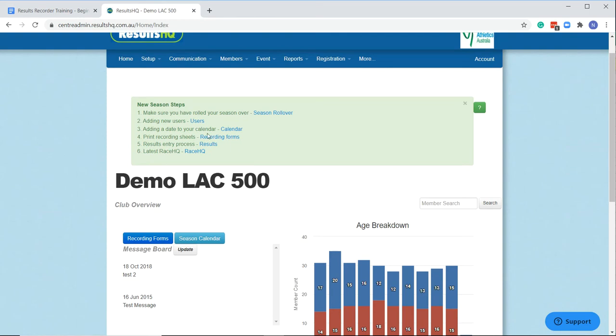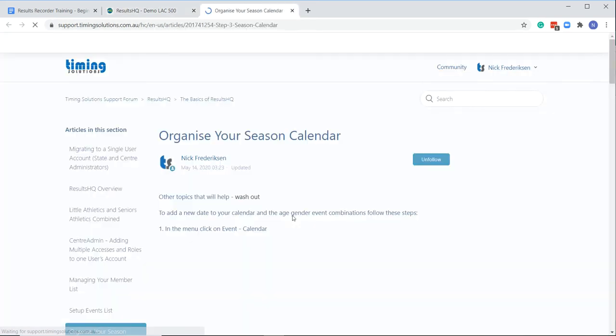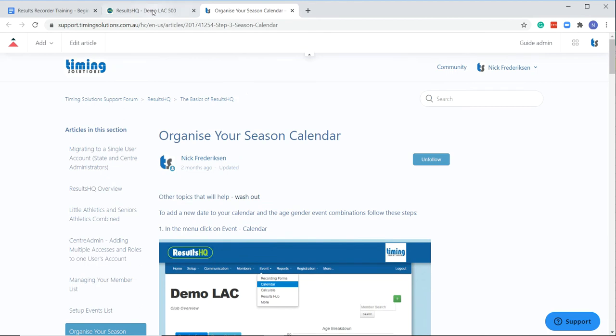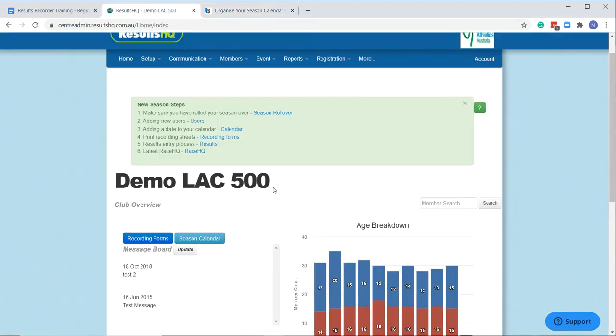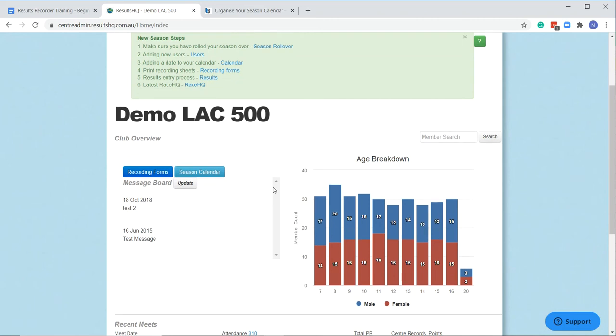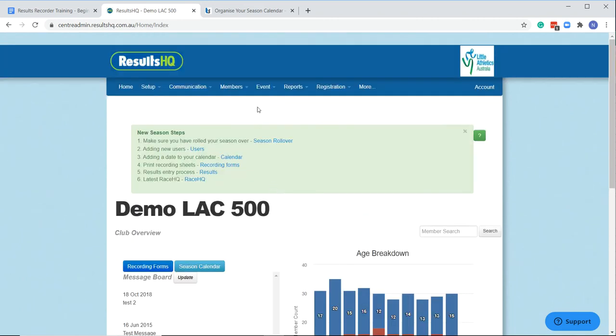So on my home page, I've got this option here to open up the calendar, the help topic on what we're about to do. So this is the static version of the steps we're about to do. So to add a program or add a date to my calendar so we can go and do the recording sheets and enter results and so on. If you go to event, drop down calendar,